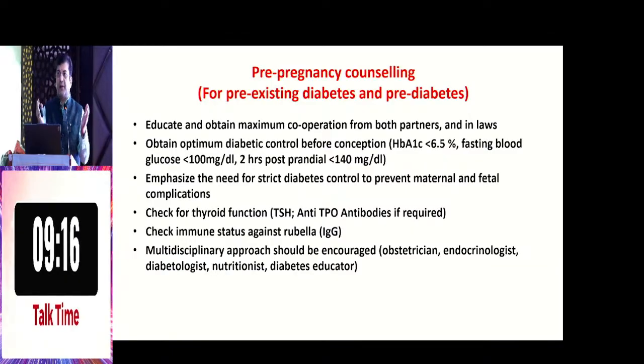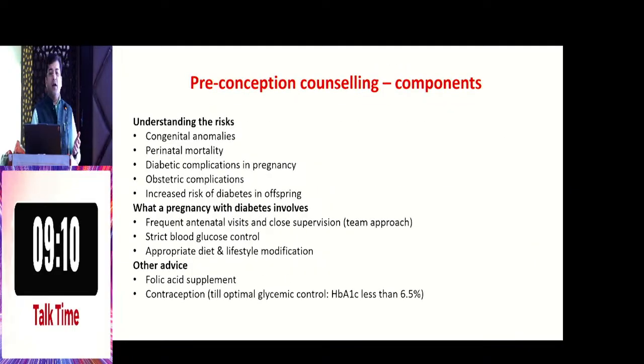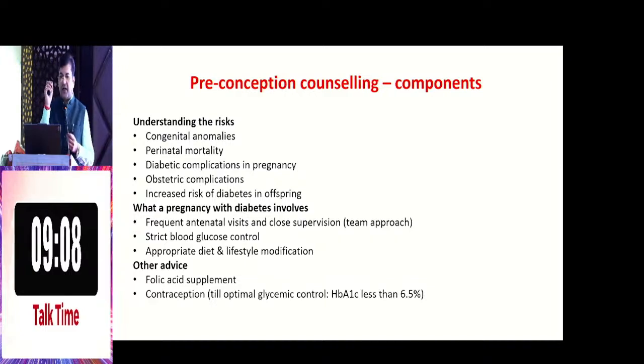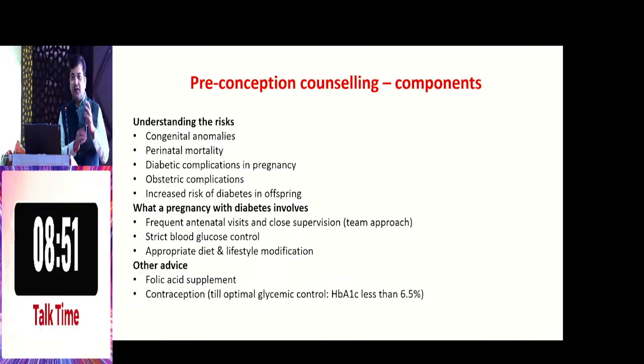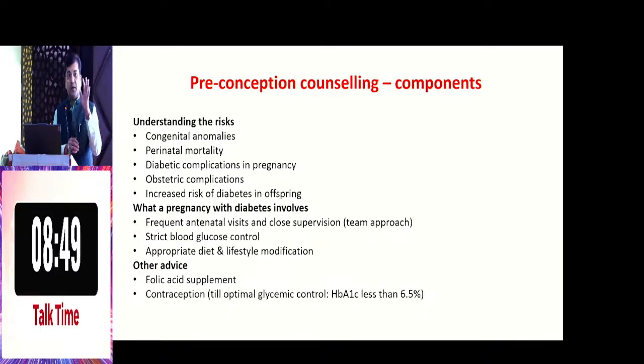We should counsel that it is a multidisciplinary approach, not only a single specialty like obstetrician, gynecologist or physician; everyone is required. We should explain the risk of congenital anomalies, perinatal mortality, diabetic complications, because in pregnancy there may be a flare up of nephropathy, obstetric complications, increased risk of diabetes. And a pregnancy with diabetes, बार बार चेक करना है, 3 बार इंसुलिन लगाना है। आप सोचो, एक प्रेग्नेंट लेडी को 9 महीने आप बोल रहे हो कि 4 बार शुगर चेक करनी है, 3 बार 4 बार इंसुलिन लगाना।